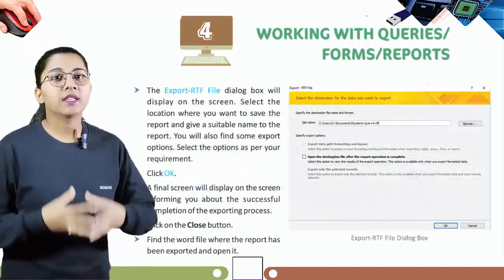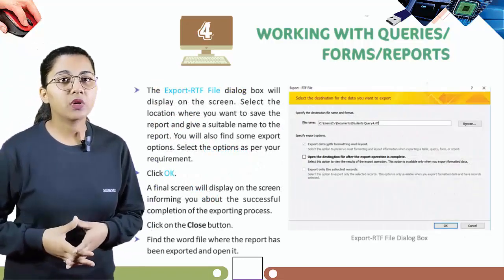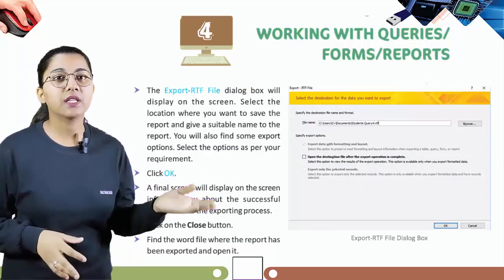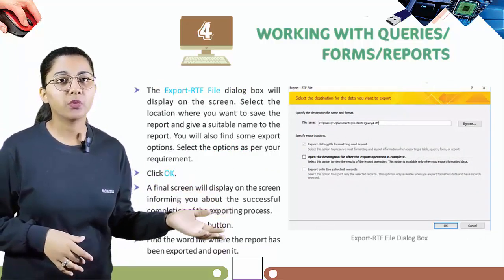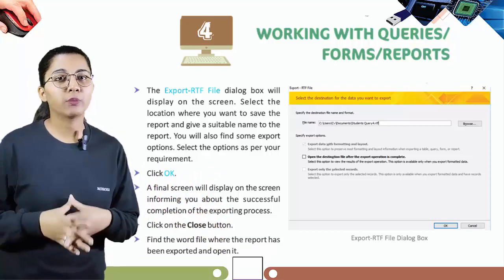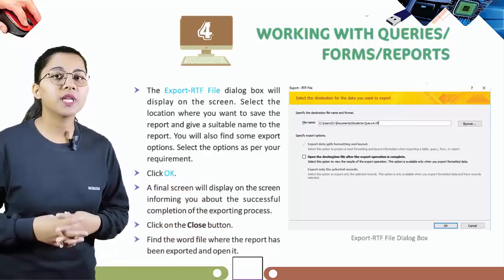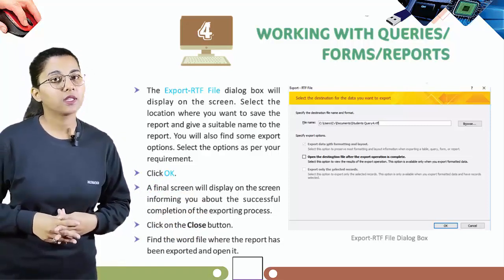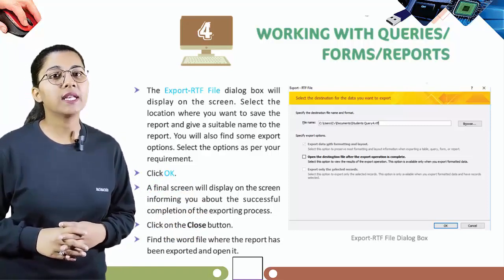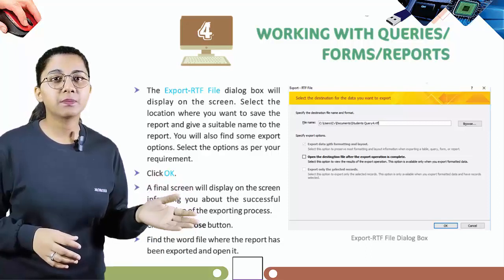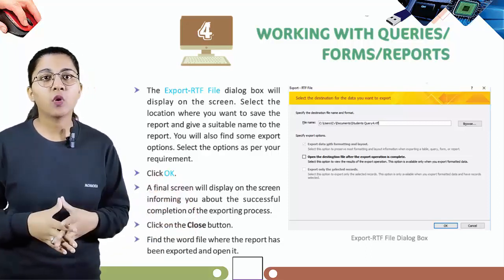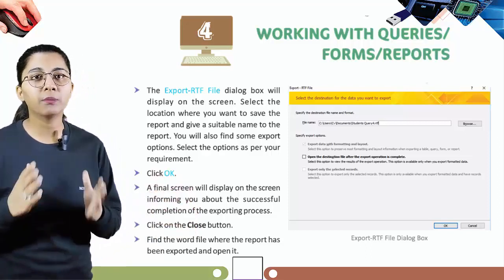Then next, the export RTF file dialog box will display on the screen. Select the location where you want to save the report and give a suitable name to the report. You will also find export options. Select the option as per your requirement. Next, click OK. Then next, a final screen will display informing you about the successful completion of